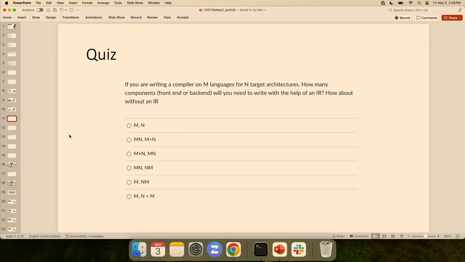Okay, the next question is about intermediate representations. If you're writing a compiler that has M front-end languages and N target architectures, how many components, thinking about front-ends and back-ends, will you need to write with the help of an IR? So if you have an IR, an intermediate representation, that is common to all of them, how many do you need to write? Well, how many front-ends do you need to write? How many parsers, Simon? You would need, for the whole thing, M plus N,